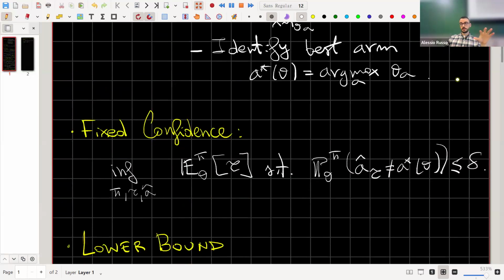We're going to look at the fixed confidence problem. In the fixed confidence setting, we are trying to find a sampling rule, a stopping rule, and an inference, so our estimated optimal arm. This is basically a mapping from data to actions. And we are trying to minimize the sample complexity, so the average number of samples that we need, subject to constraints on the correctness. There is a lot of notation here, so I will not write pi,